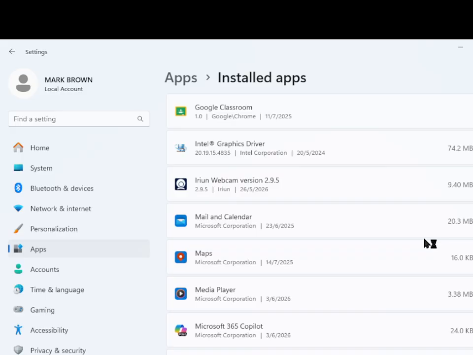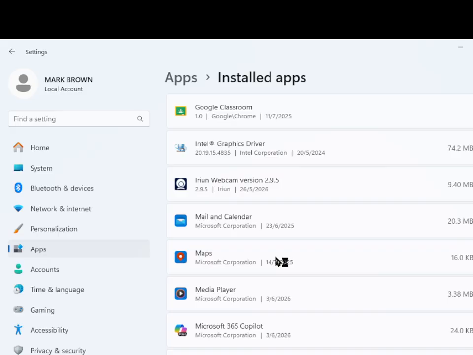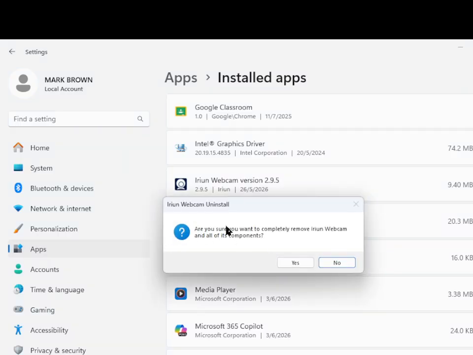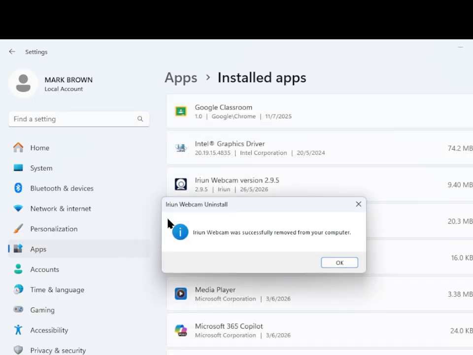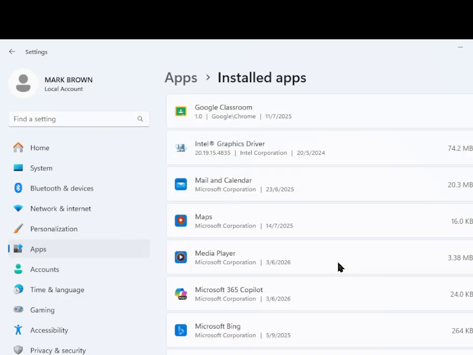So when you click on that, notice you say yes. Alright, if you notice, it asks, are you sure you want to completely remove it, you're going to say yes here. If you notice, it shows you right here that it's actually uninstalling, and it was successful. Let us click, and then when you